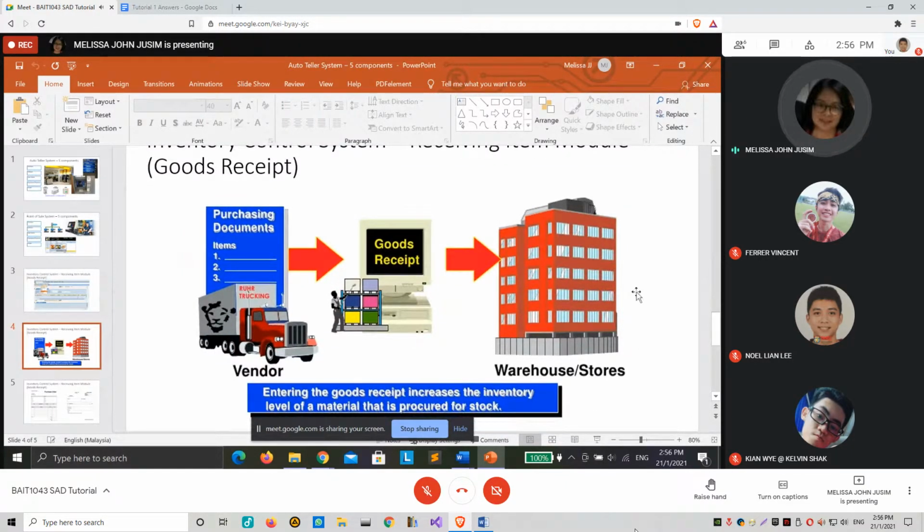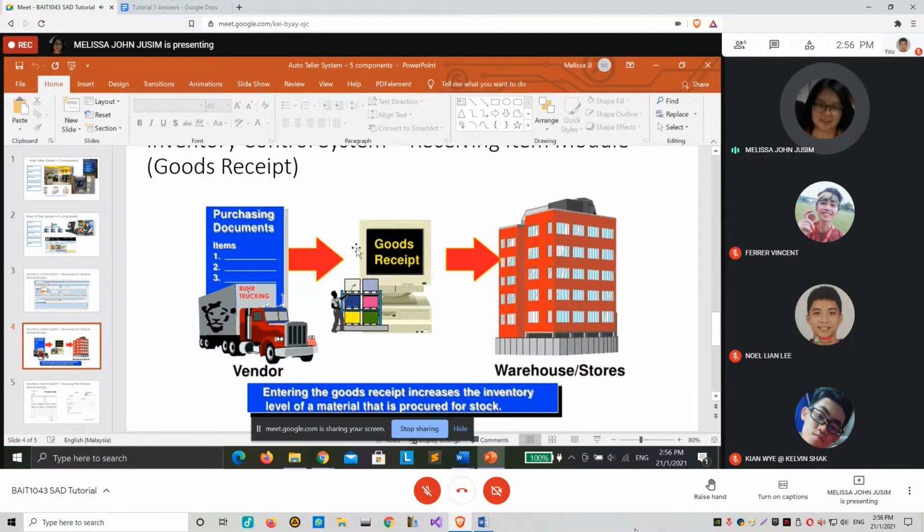Receiving module means we enter the goods received, and when we do that, it will increase the inventory level of that particular material that we get. The purchasing document will mention, say we are purchasing from the supplier, we want to purchase this one, this one, this one. This is the supplier, or vendor, and this is the manufacturer.